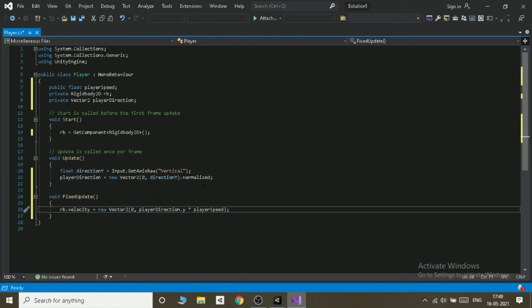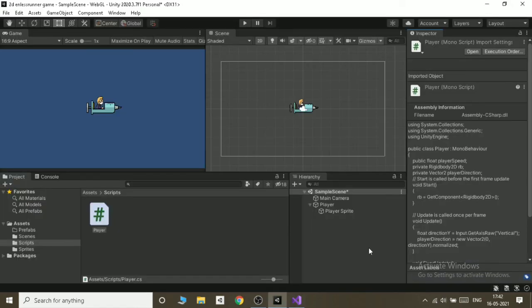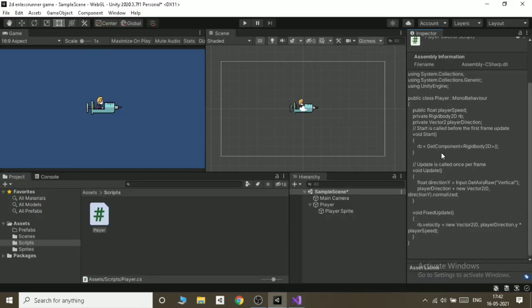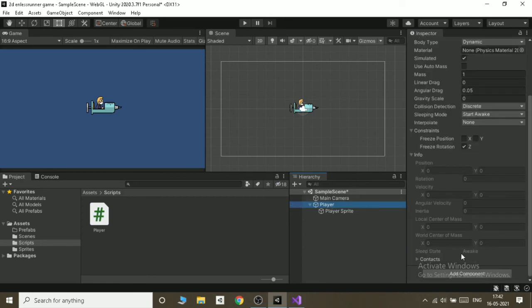Now we have to save the script by hitting Ctrl+S, and we have to get back to Unity. So when we get back to Unity, we will select player, and now we will scroll down and add component.